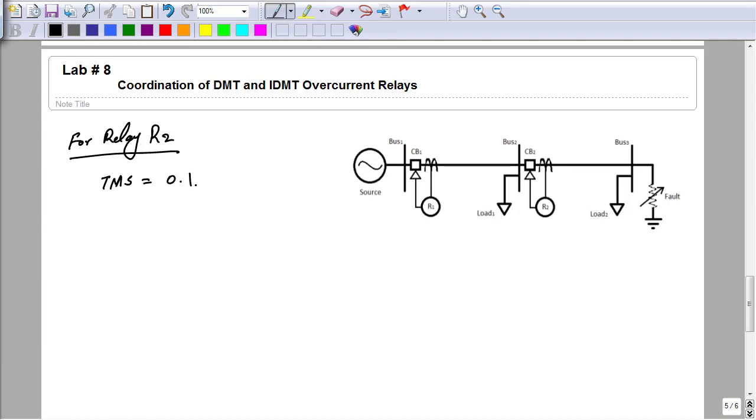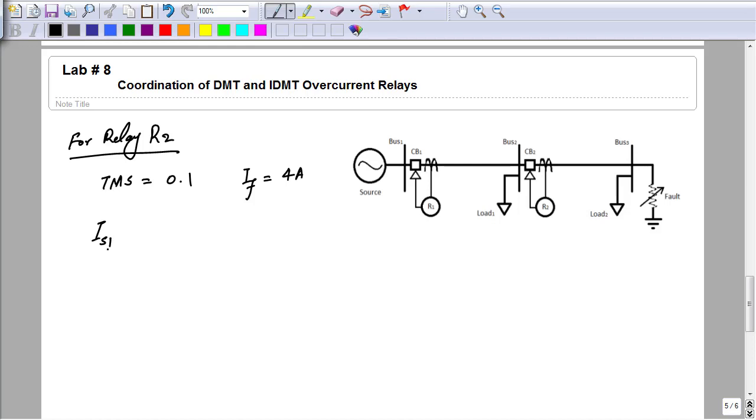This is given to us, and we want to coordinate these two relays at fault current IF equal to 4 ampere. So here we do the coordination on the same fault. We assume the same 4 ampere as maximum fault as well as minimum fault, at which we use the same current to set the pickup setting as well as the coordination time between these two relays. So from here, first of all we set the pickup setting.